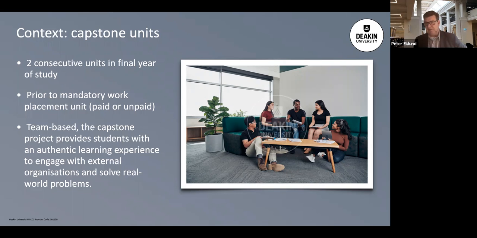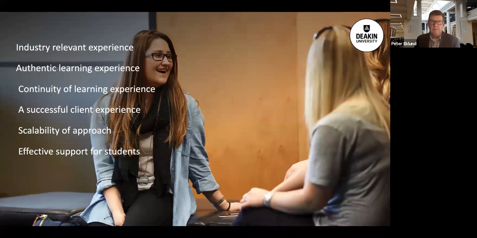As well as the challenge of scale, previous experience with Capstone had proven unsatisfactory. Projects that lasted just a single semester achieved very little and were unconvincing, and many external clients became frustrated, and student and faculty satisfaction with the capstone units was at an all-time low. So these were the motivations for an intervention, and what we tried to do was to rehabilitate the capstone units